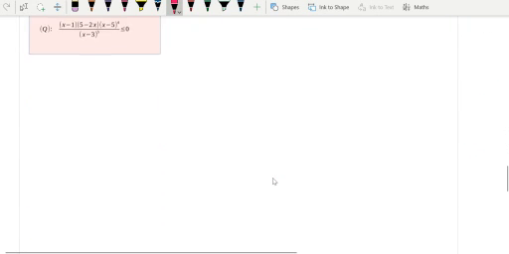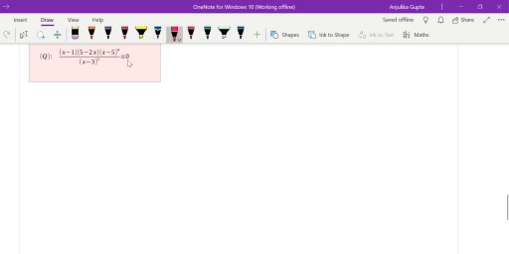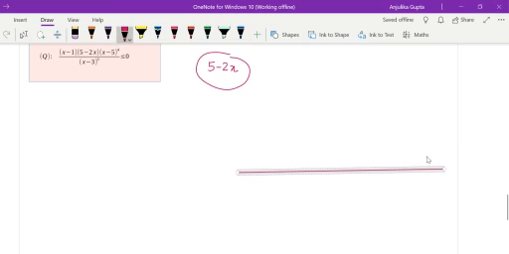So if I give you something else, let's say I give you this, I want you to solve this. How will you go ahead? If you see the second expression, 5 minus 2x, where do you think it takes a 0? At 5 over 2, right? It takes a 0 at 5 over 2. But to the right of it, it is negative, because you have minus x. If I want to draw, this is my line 5 over 2. To the right of it, it is negative, and to the left of it, it is positive. You can take a number and see. What happens at 2? 2 is to the left of it, it is positive.